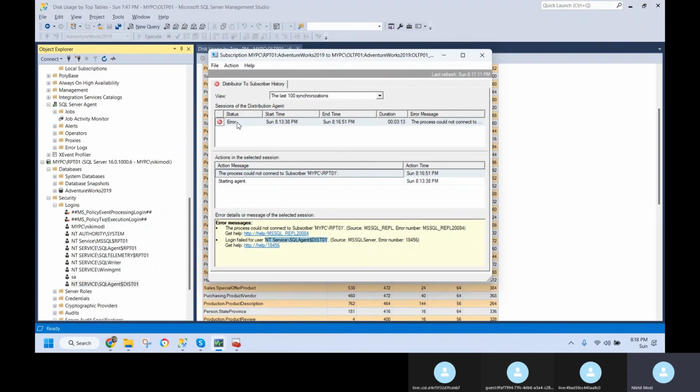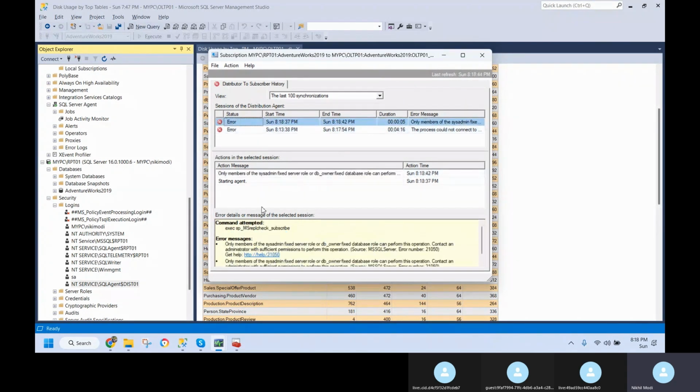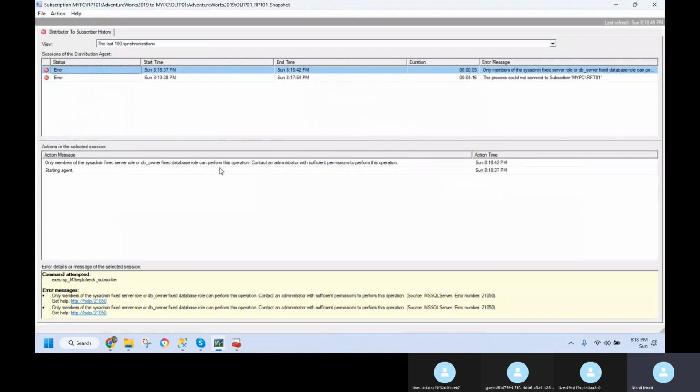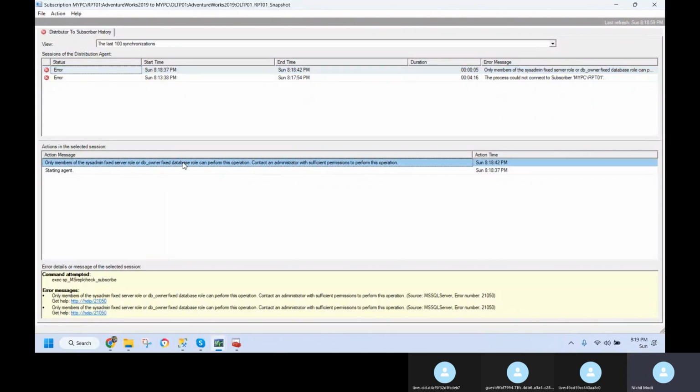Okay, only members of the sysadmin fixed server role or db_owner fixed database role can perform this operation. Content administrator with sufficient permission. So it is saying that it needs a sysadmin or a DB owner. Now I am not sure why it wants a DB owner. It should have worked with